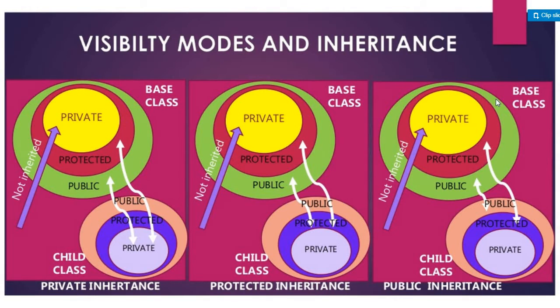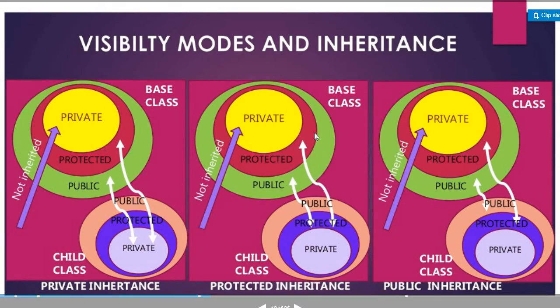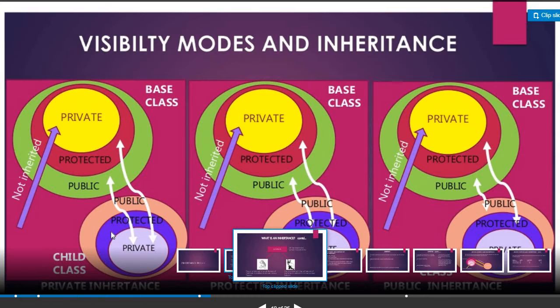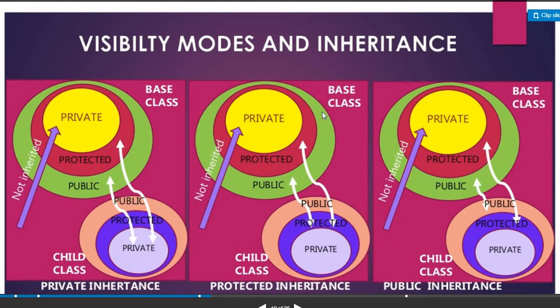So multilevel inheritance, you can see here private, protected and public in the base class, and private, protected and public in the derived class. Here public members become private, protected members become private, and private members cannot be inherited. So in private inheritance, if protected inheritance, then base class,